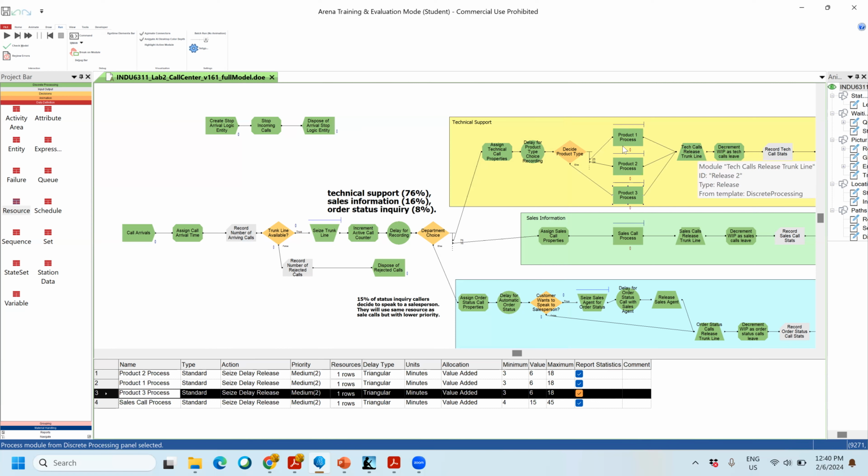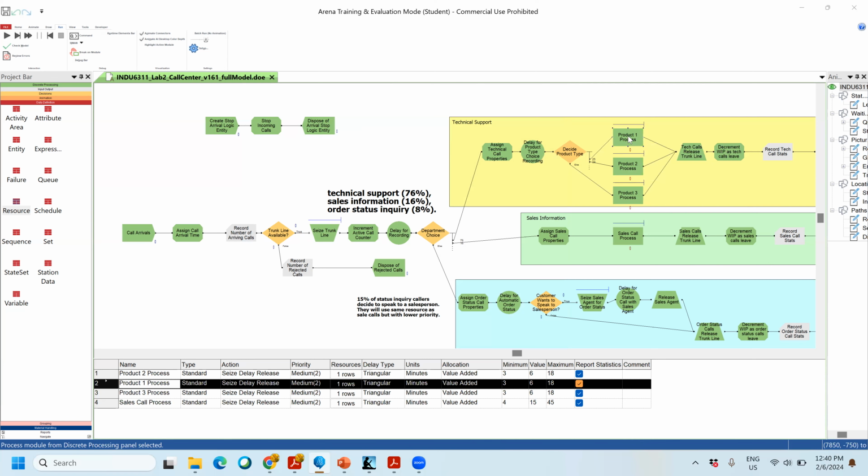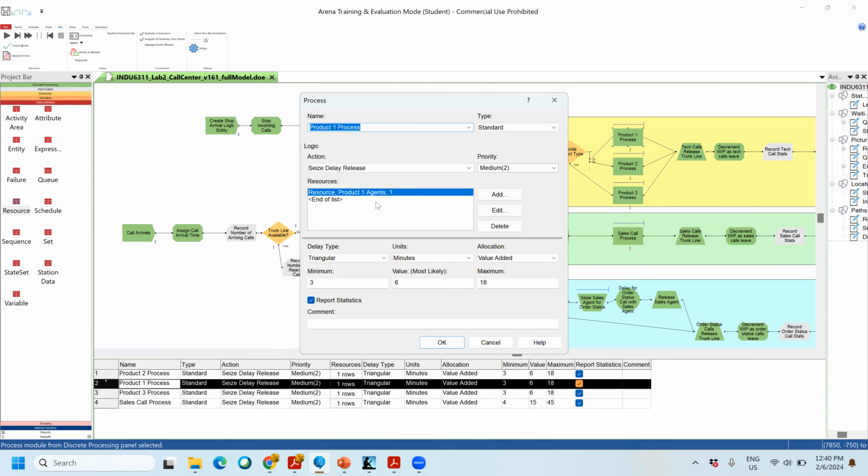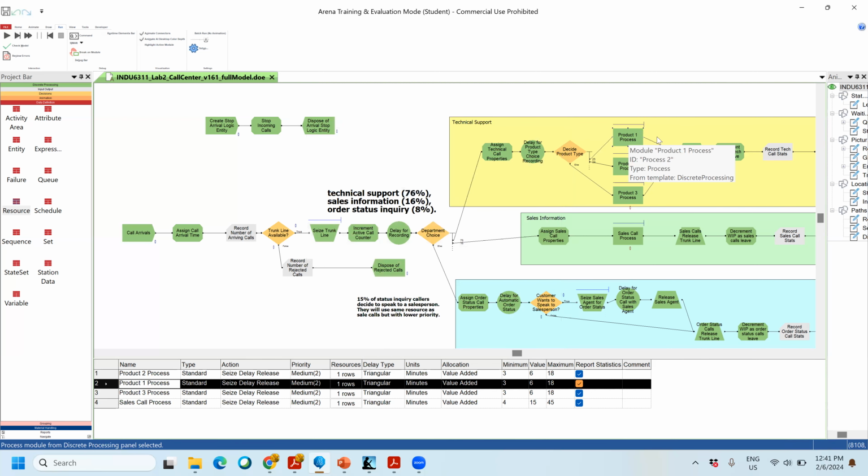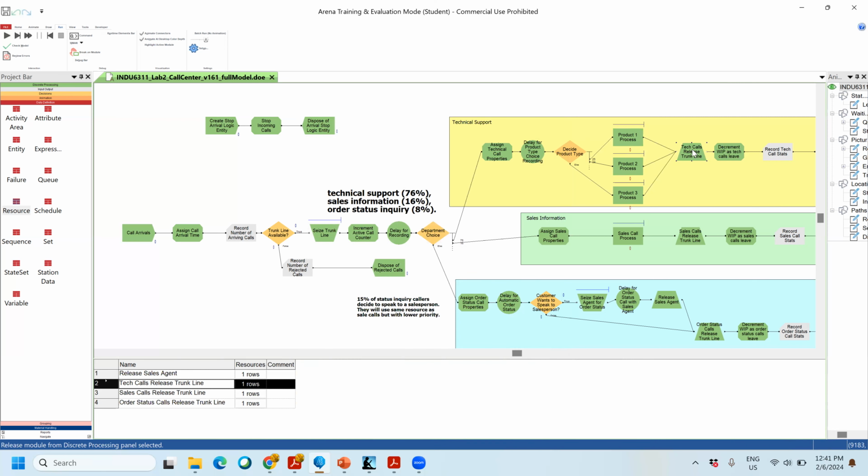What happens after I finish these processes? I had a resource here, agent for product one, that was seized. The delay, the triangular 3, 6, 18 minutes, happened, and now the agent is released. But which resource is not released yet is my trunk line. Each trunk line that is seized, all of this time was active, was still in use. But now this trunk line should be